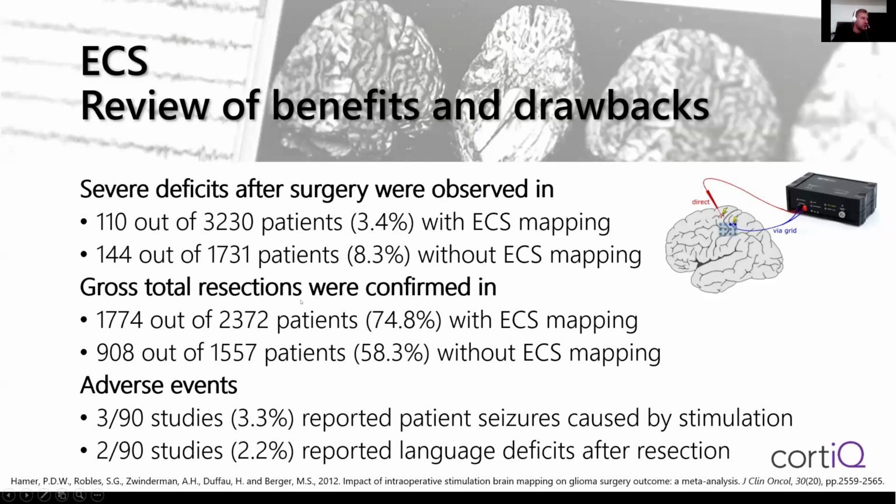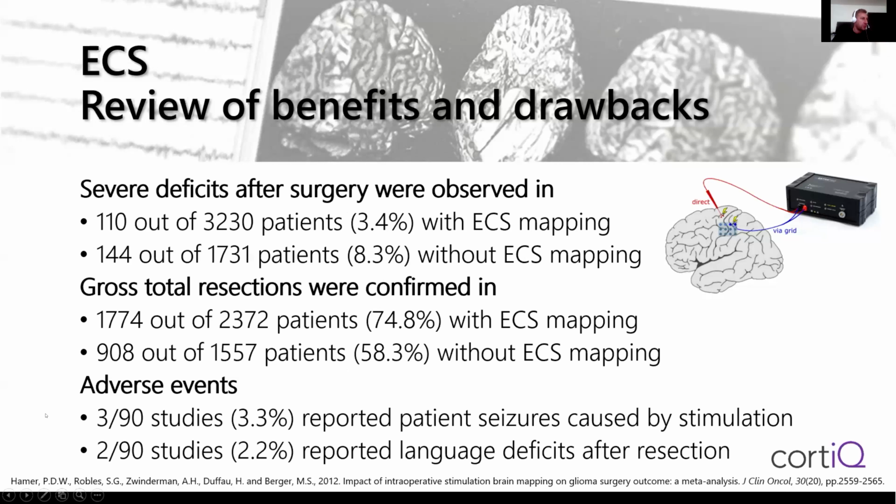So for brain tumor surgeries, you can remove more volume of the tumor, so the chances for longer life or progression-free life is good or better. And at the same time, the quality of life and the functional deficits are less. So this is a very strong argument to utilize the electrical stimulation, for example, during awake surgeries, of course also